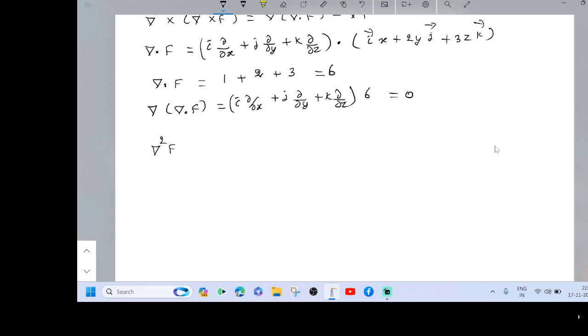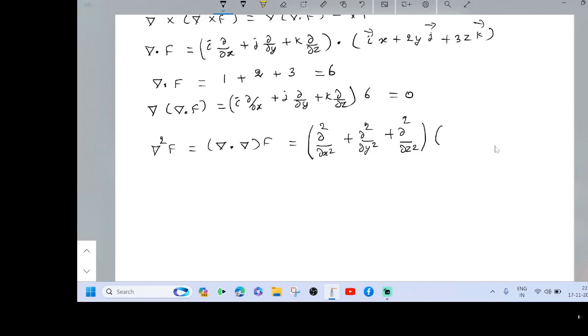Del square f is equal to del dot del f. Del operator is known to you: i ∂/∂x plus j ∂/∂y plus k ∂/∂z dot del, i dot i is 1, j dot j is 1, k dot k is 1. Therefore, del dot del is ∂²/∂x² plus ∂²/∂y² plus ∂²/∂z². This is the value of del dot del, that is del square, which is allowed to operate on